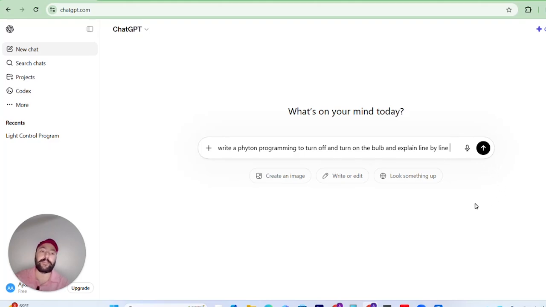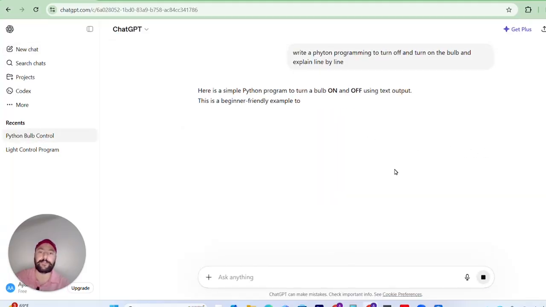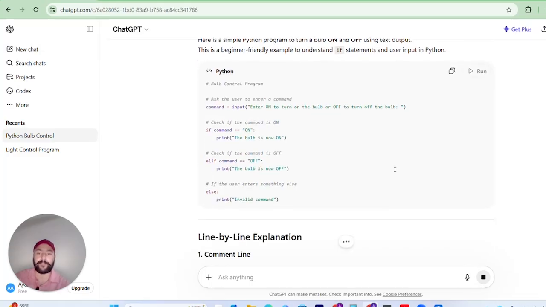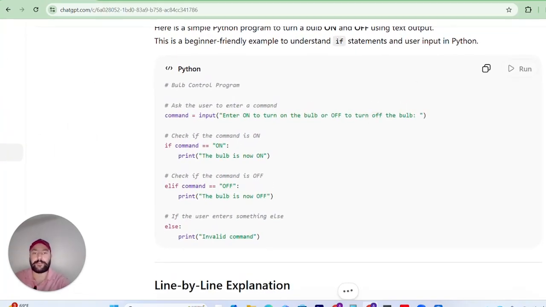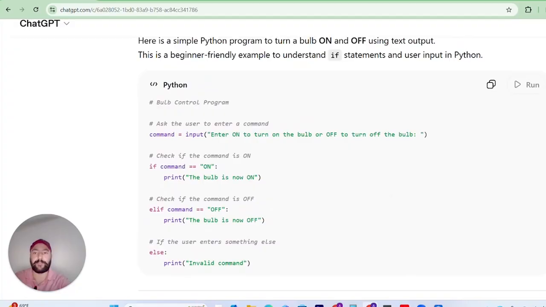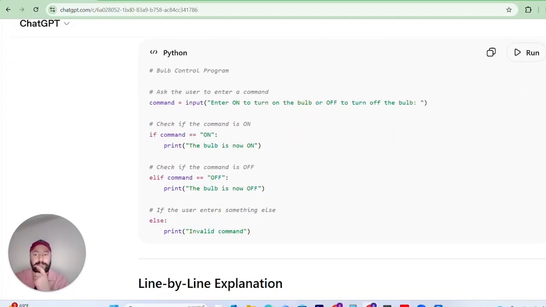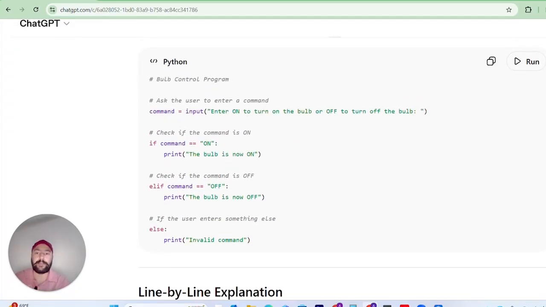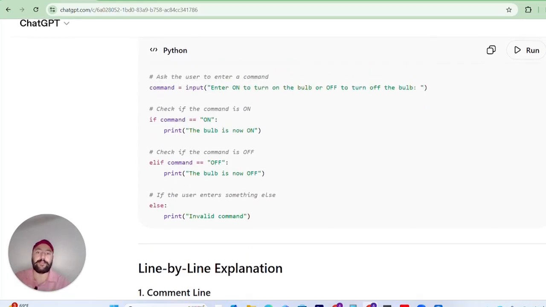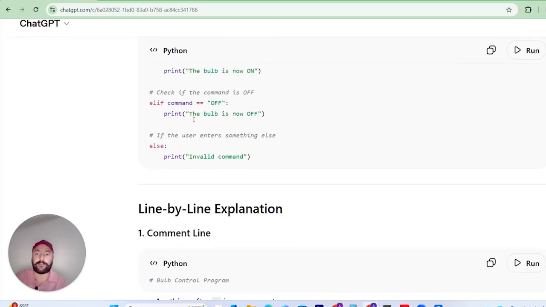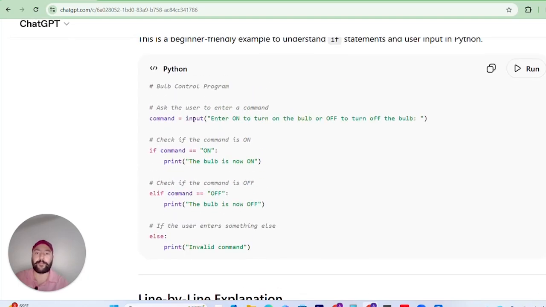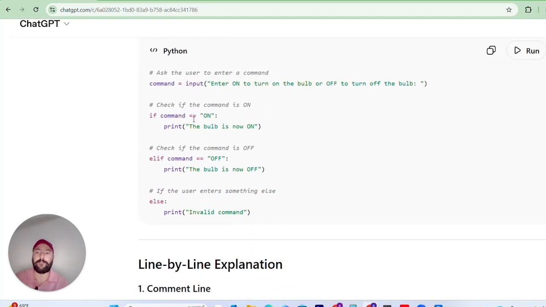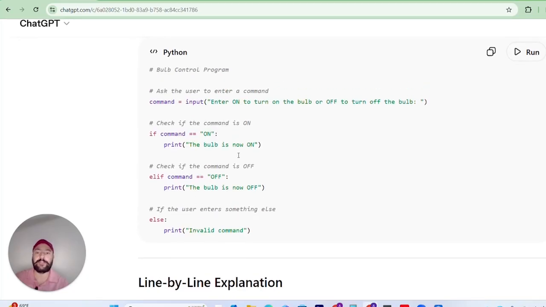So when I will give this prompt to ChatGPT, it will generate a program you can see in front of you. So I will zoom it. Okay, so yes, this is the program that AI has generated within a minute. Okay, so you can say within a second. So actually it will take time to write a prompt. So when you will be good at prompt writing, then you can generate anything. So I will teach you everything.